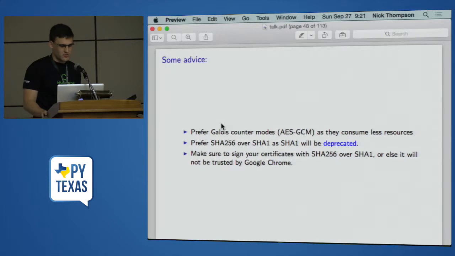You need to make sure to sign your certificates with SHA-256 because Google is going to stop trusting SHA-1 hashed certificates in about a year, I think. So actually right now, when you go to a TLS website that has its certificate hashed with SHA-1, it is putting up a warning. So it will not be long before you have to use SHA-256 or one of the stronger SHA protocols,